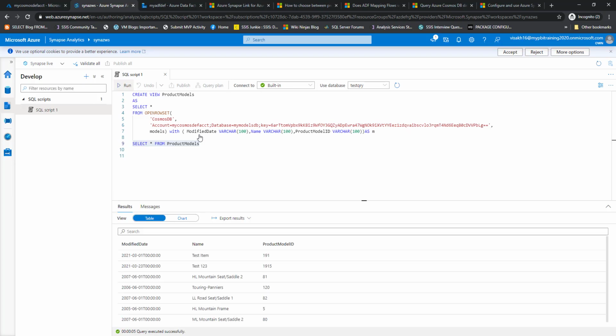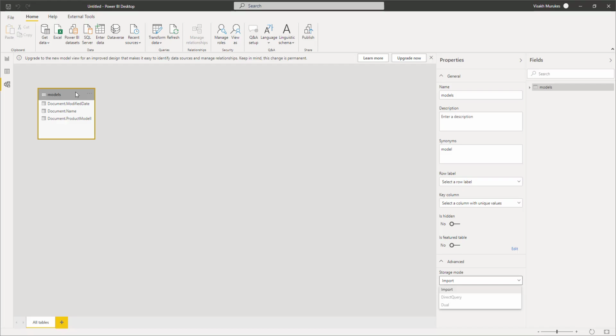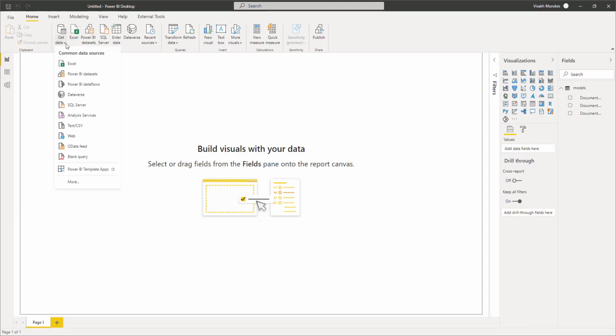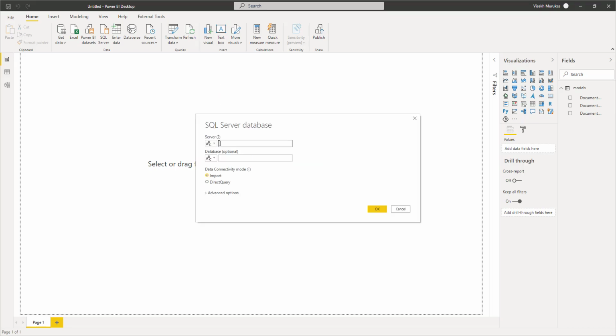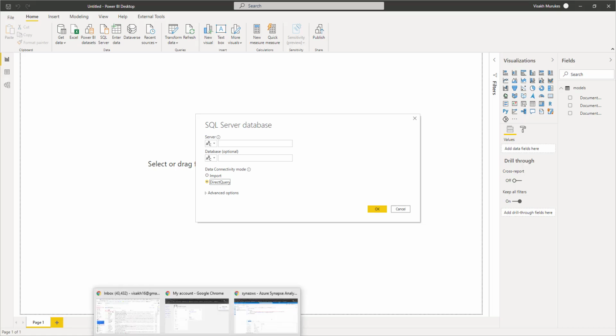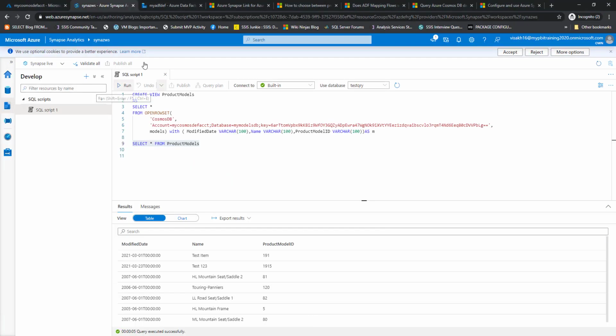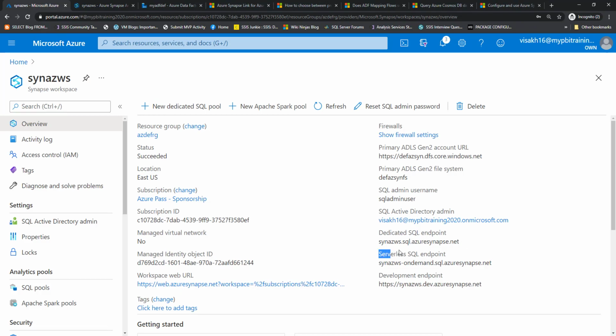Once you reach this level, all your data is directly accessible from Synapse Analytics. So all you need to do is go back to your Power BI Desktop. Instead of using the Azure Cosmos DB connector, now we will be using a Synapse Analytics connector. You can go to get data, and this time we are going to choose Synapse Analytics, and it will ask you for the server name and also the database name, and here you can make it into a direct query mode, as you see. That support is already there. To get the server name, you can go back to your Synapse Analytics and look at the serverless SQL endpoint, because we are using a serverless pool. This is what we should use.